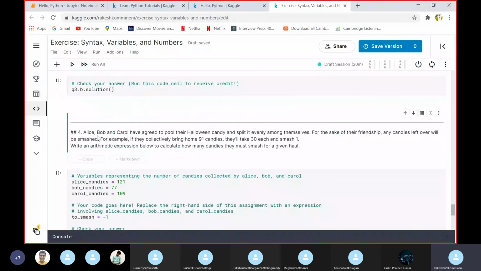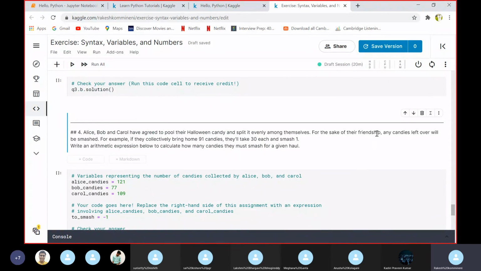Coming to the fourth question, Alice, Bob and Carl have agreed to pool their Halloween candy and split it evenly among themselves.